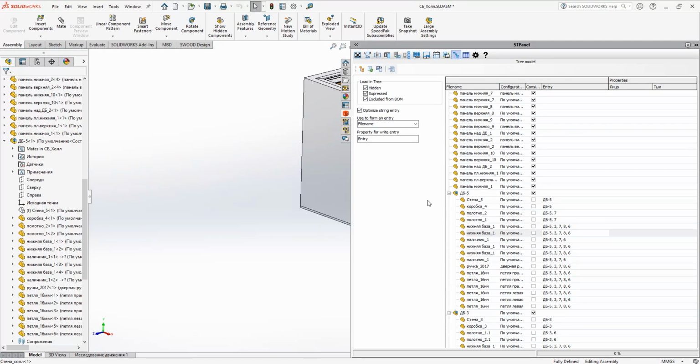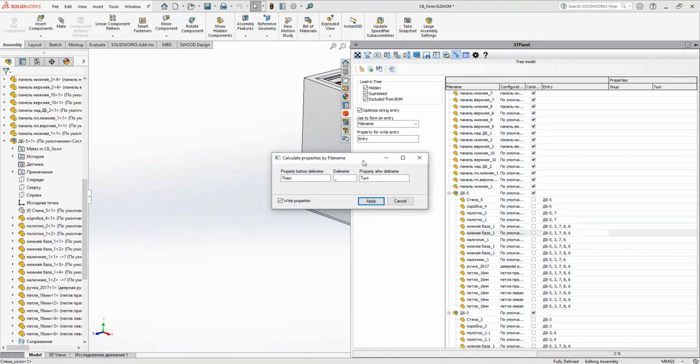Second option in this command is create properties from file name. In case if file name includes some delimiter, some separator, you can generate a couple of properties from file name. Run this command, enter first property before separator, separator, and second property. For example, I enter properties from the table,